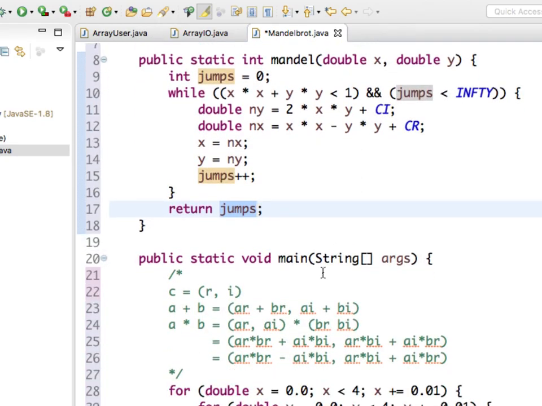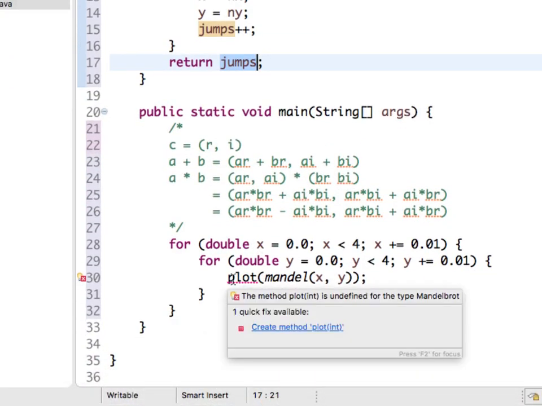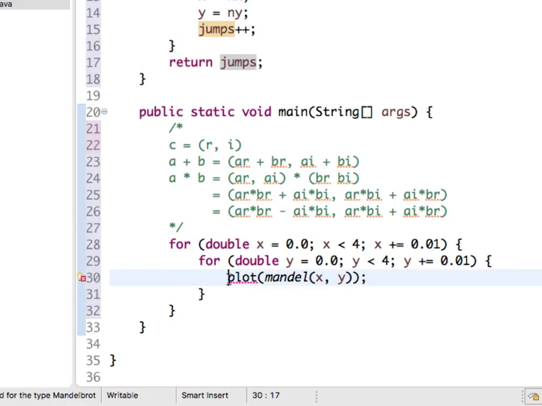Okay, so now I have a value that I can plot down here. And I'm out of time, but I should have used standard draw. I'll go back to my office and fix this and put it on the web. I'm a little behind with the web stuff.